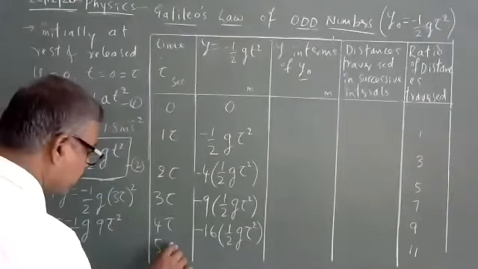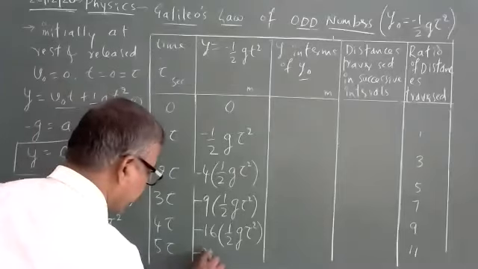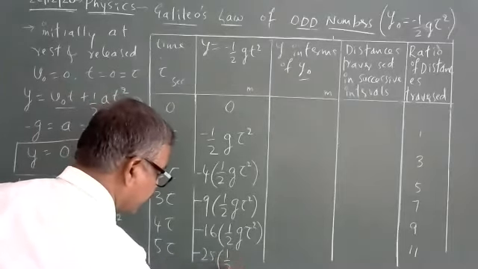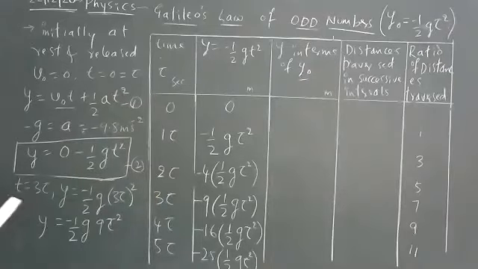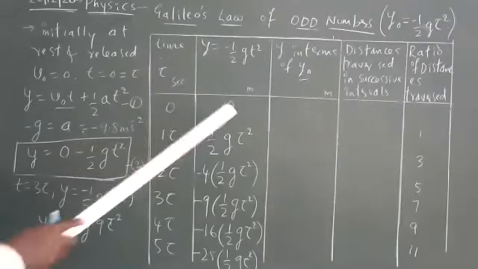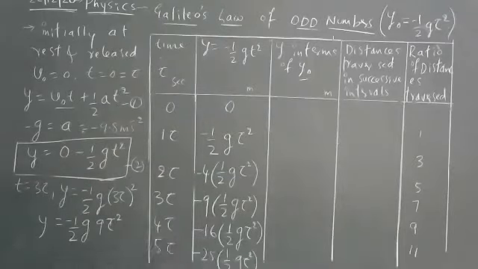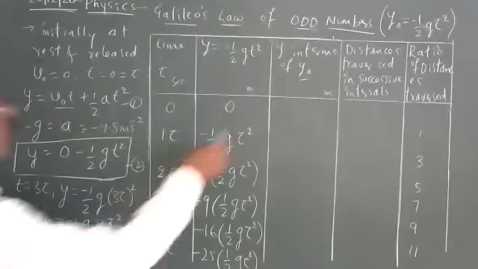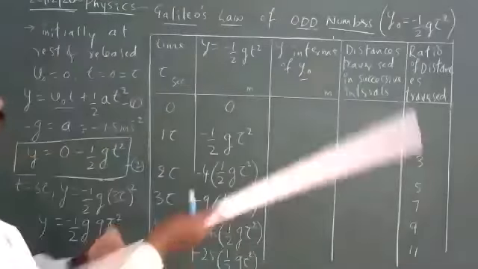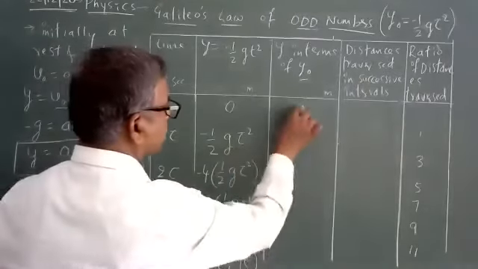Similarly, if I go for 5, all t means equal time intervals, the 5 square minus 25 half g tau square. The moment I go on substituting tau equal to 0, 0, 1 tau, 2 tau, 3 tau, 4 tau, 5, this I am going to get the mathematics minus 25 into half g tau square. Now, if I substitute y naught equal to minus half g tau square, so it can be written as, this whole is written as 0.